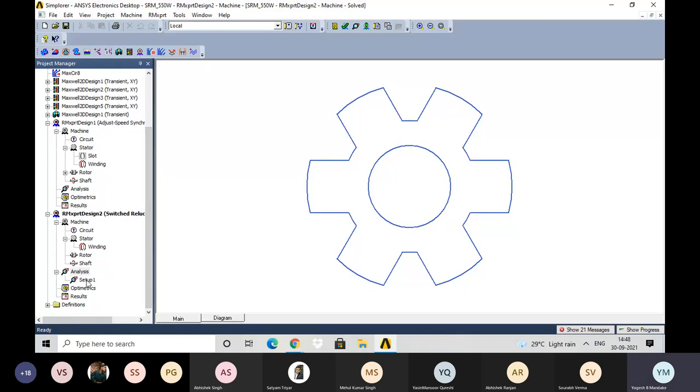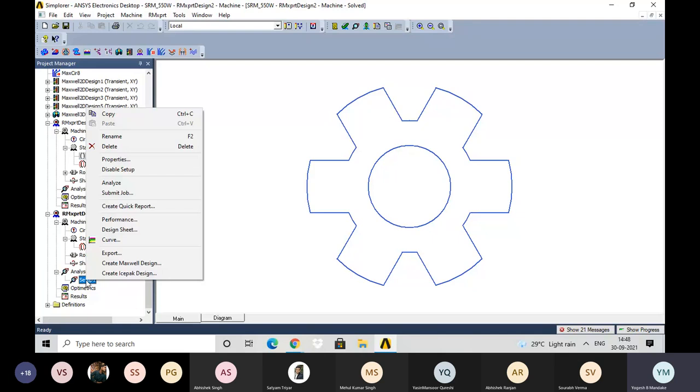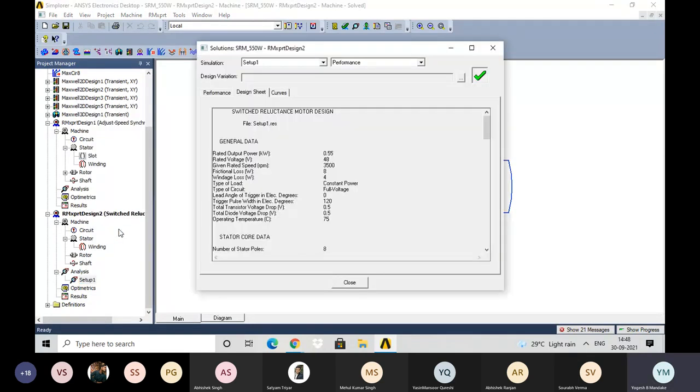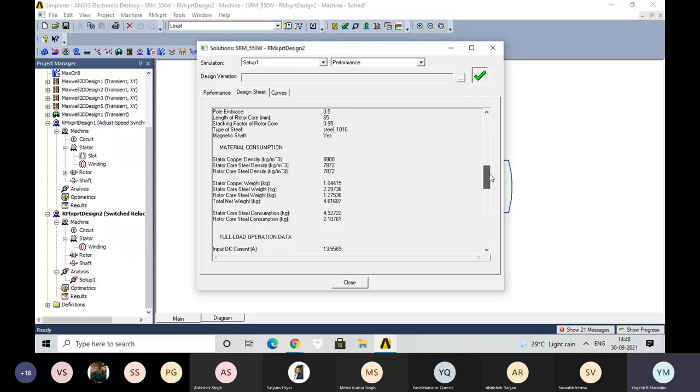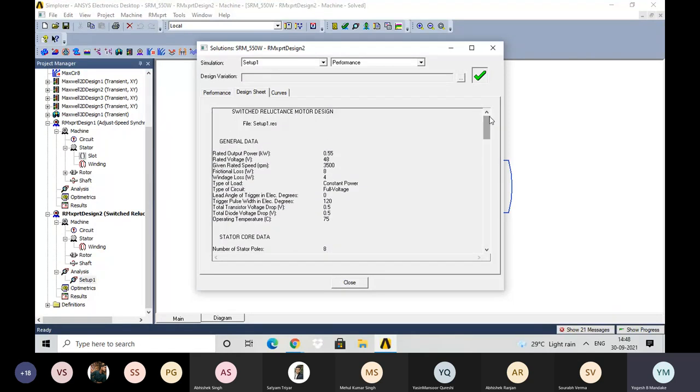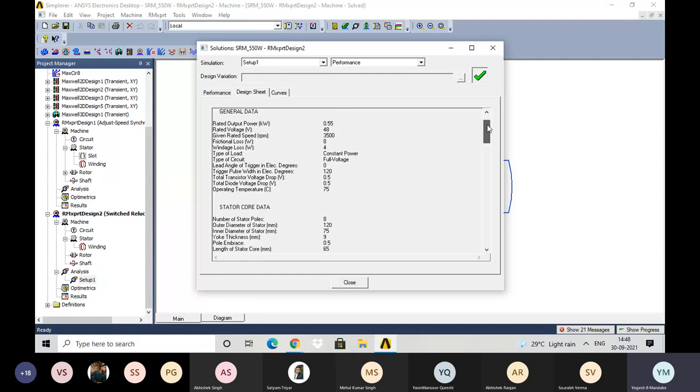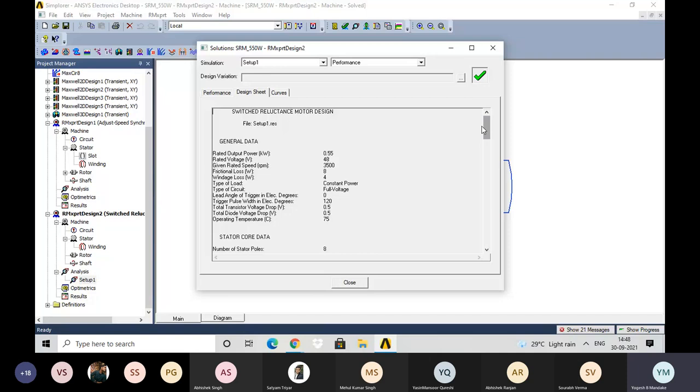So once the analysis gets completed, how will the results be shown? If I want the results, I will go through the design sheet. If I press the design sheet option, you can see the total design parameters are available, which is very helpful data. If the software is not available, then we would calculate all the parameters using different mathematical calculations. But here that time will be saved, and all the parameters like general data, stator core data,